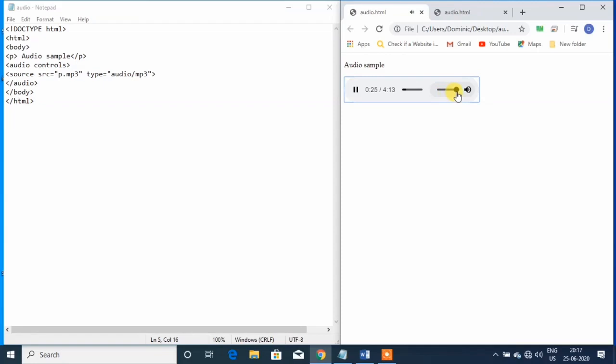And decrease. Or you can stop playing the song. Okay, this way you can add the audio in your web page.